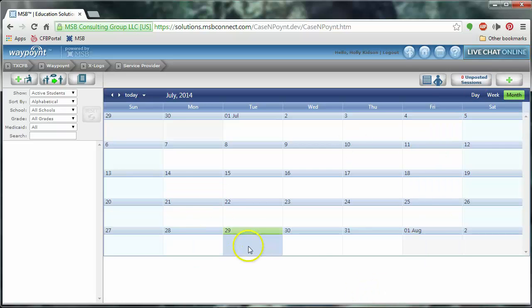If you have created sessions and those dates have passed, but you have not yet confirmed that the sessions took place, you will have what's called unposted sessions. Posting is like a finalization of a session. So if you created a session for, let's say, 4th period math, then you wanted that to happen every single day, every school day, and then you just let a whole week go by without finalizing anything, you would have 5 unposted sessions, and you